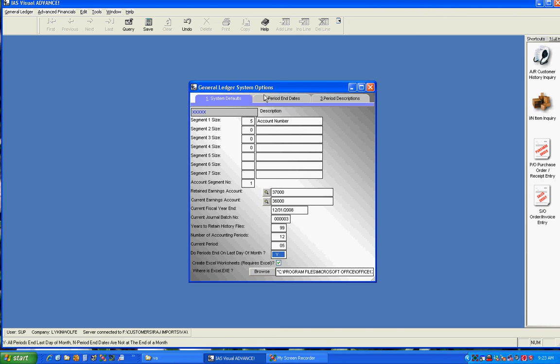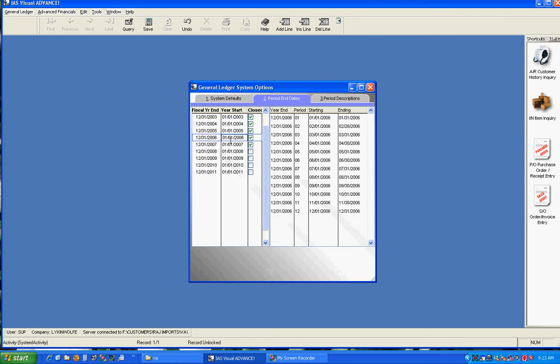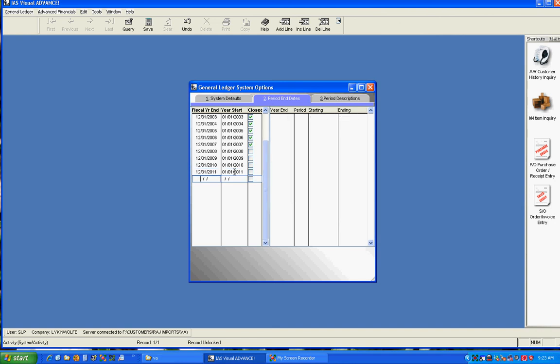Okay, so now we're going to go to the period end dates. This tells me what years I have in the system. So if I click on any one of them, it'll tell me the months that I have set up. So right now I've set you up through the year 2011. But let's say, for instance, it comes to 2011 and you're ready to go to the next year. To do that, you would hit F3, put the ending year in,